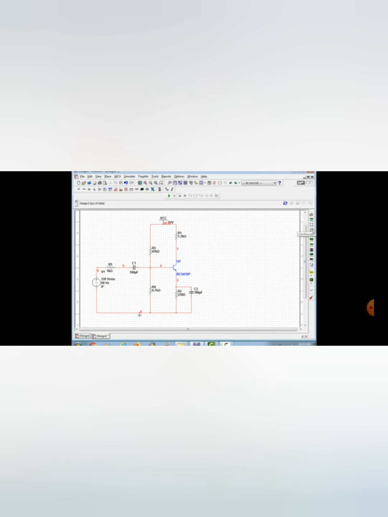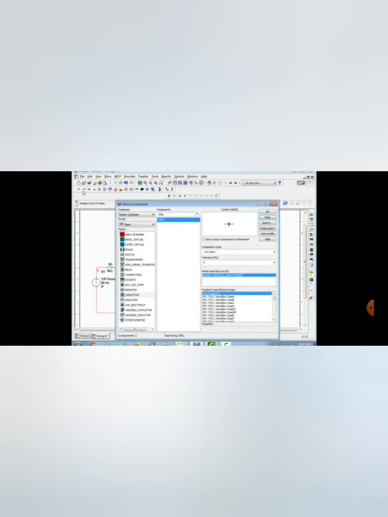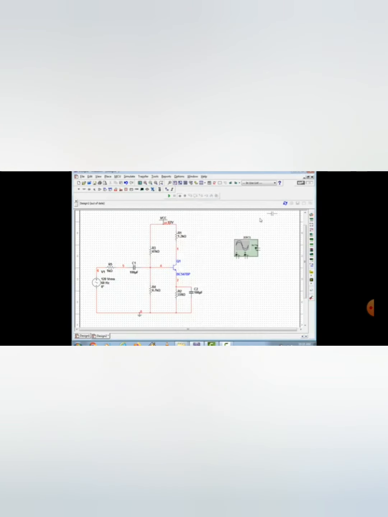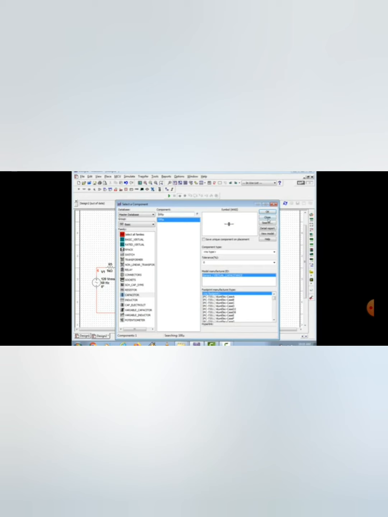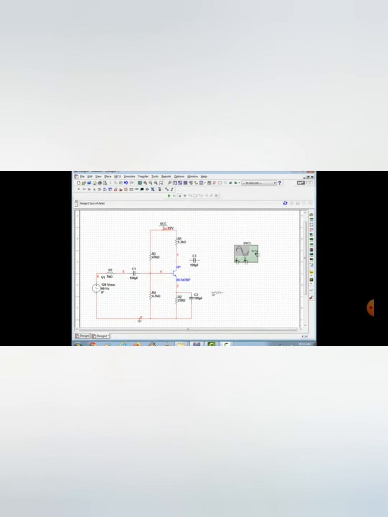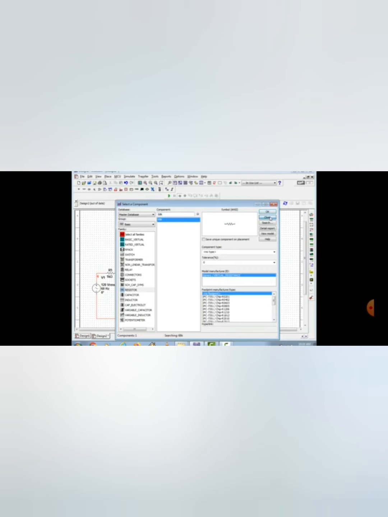We need output. So let us see where we take the output. We want it on the CRO. Connect the terminals of the CRO. This is your another coupling capacitor. This is your RL.